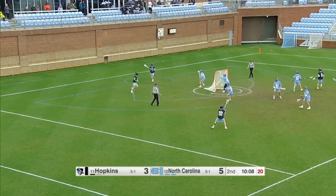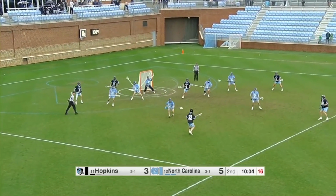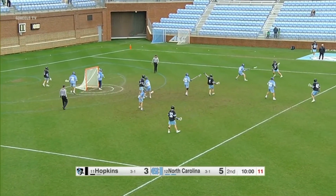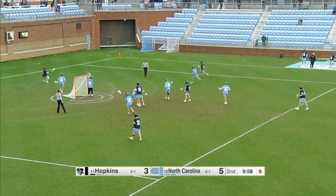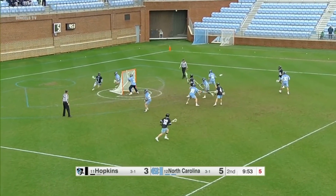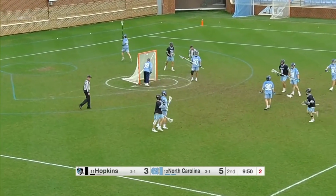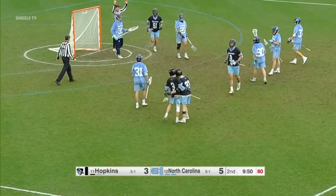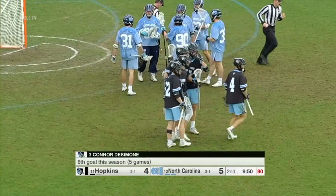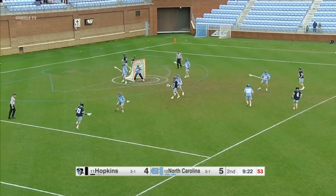So a couple shots from that 15 to 20 yard range off the mark. Shot clock down to 15. Carolina defense looking better in the early stages than they have at points this season. Shot clock at 5. DeSimone wraps around. Jump shot somehow finds the back of the net. Late in the shot clock, Connor DeSimone dials one up for himself. And the Blue Jays are...